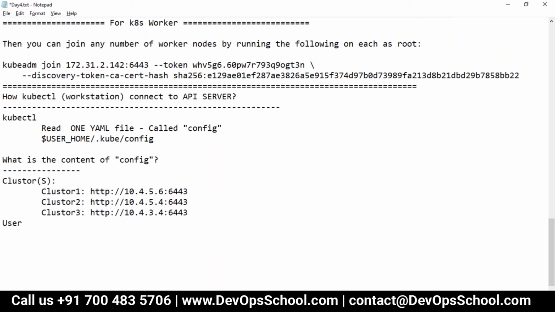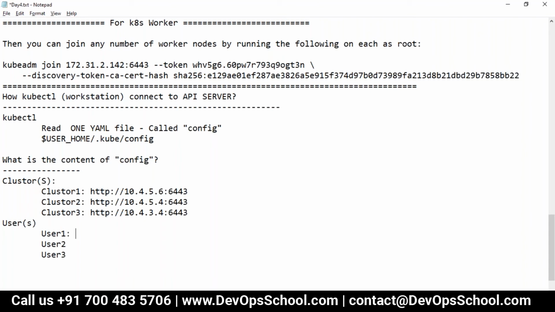So we have a users section. In the YAML file, you have a users section, and whatever number of users you have, you can write it here: user 1, user 2, user 3, and stuff like that.